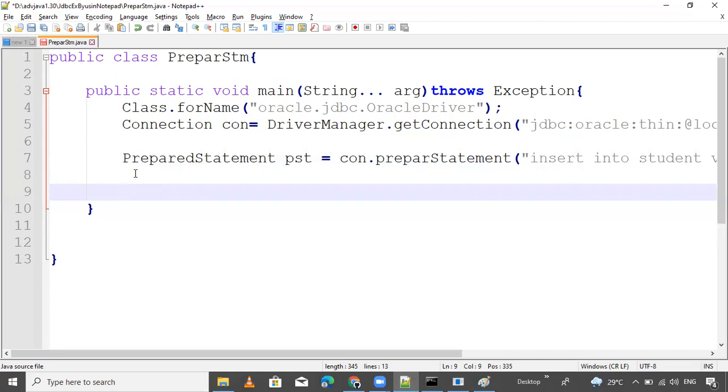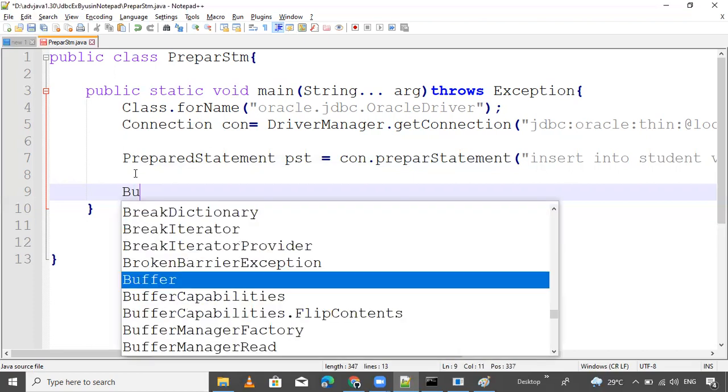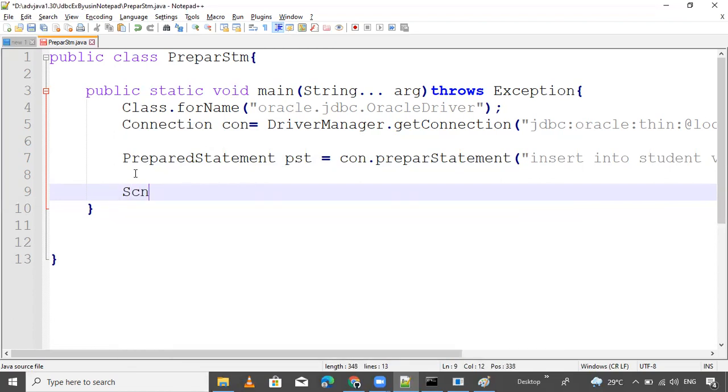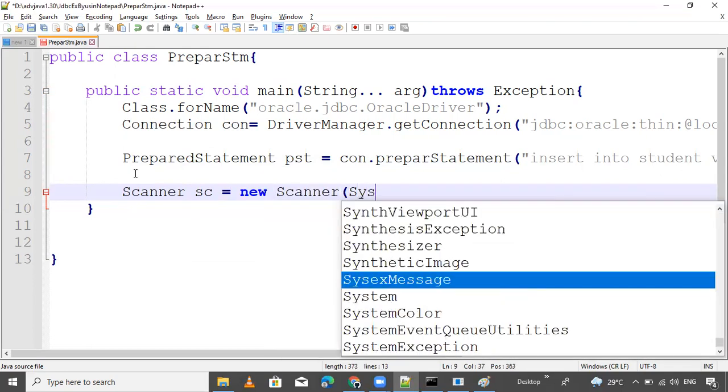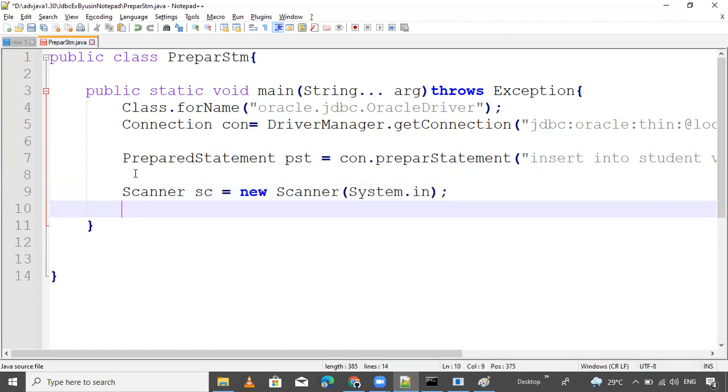After that, I will ask the user. Now Scanner: Scanner sc equals new Scanner(System.in). That's it. Scanner is a beautiful thing, typecasting is not required. It has some methods.